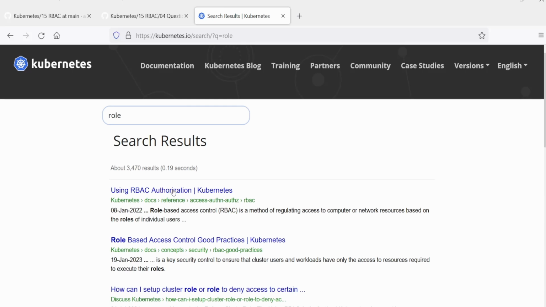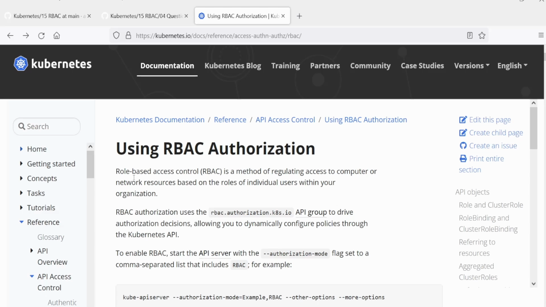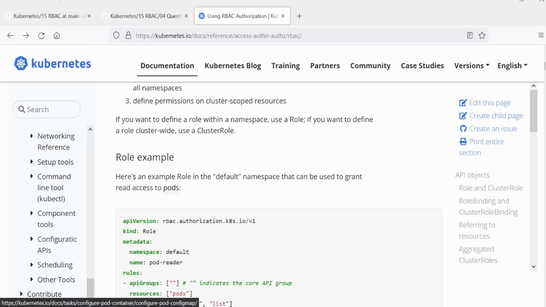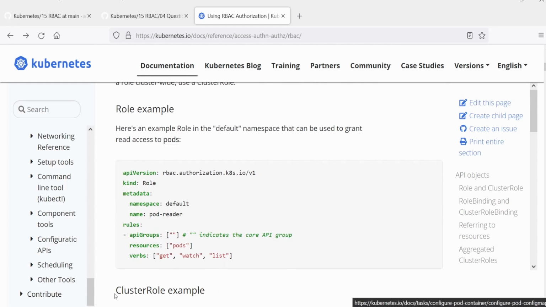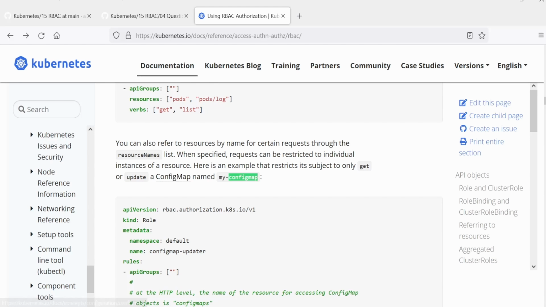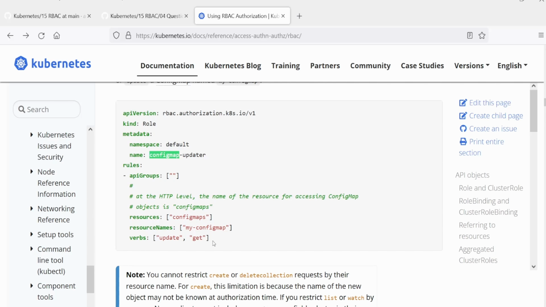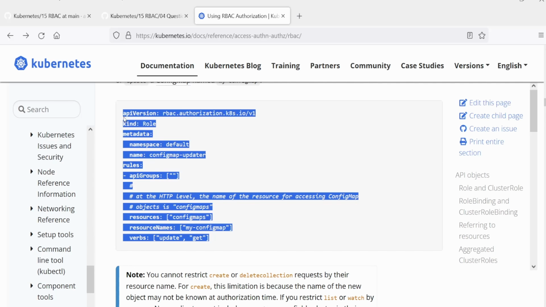Click on the first URL. I need to do Control F and then Control V. I will observe here one manifest file that we can use here. We can copy this manifest file and update it as per the command.